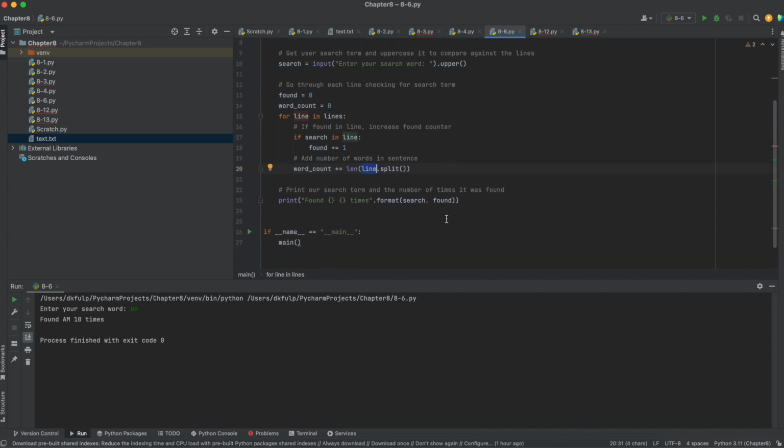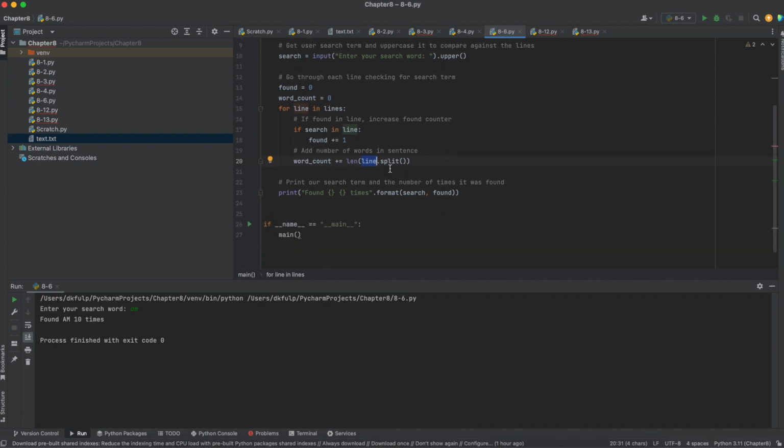We'll talk about that more here in a second. But by doing that, we make a sequence or a list. And then by getting the length of that, we can add the number of words in that list, or in that sentence. So then if I come down here and I do print, and I say average words per sentence,